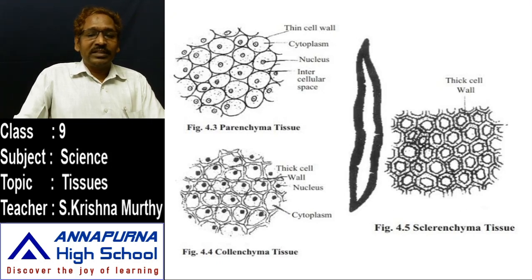Sclerenchyma. So totally these are present in hexagonal shape. The outer cell wall will be very thick and hard, and also contains cellulose, or carbohydrate material is also present inside that, or starch is also present inside that. So mainly it protects from the external environment. The sclerenchyma protects from the external environment.